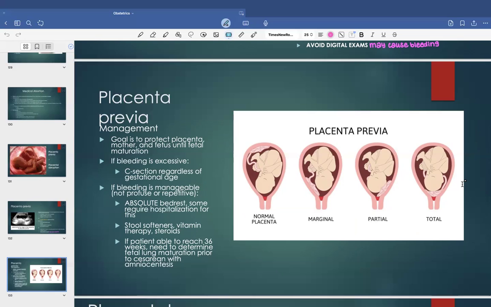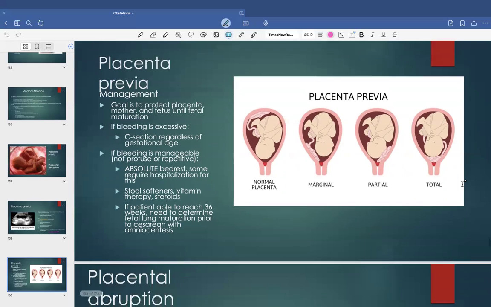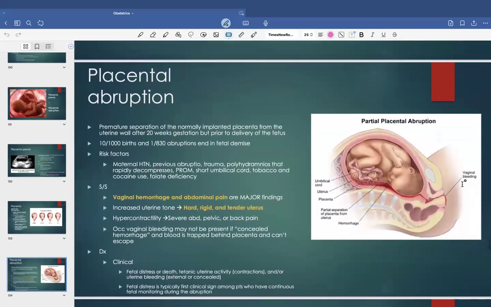Painless, bright red bleeding. Any bleeding after 20 weeks, you need to be concerned about placenta previa. Placental abruption, or abruptio placentae. This is where there's a premature separation of the normally implanted placenta from the uterine wall. So it detaches itself from the uterine wall after 20 weeks, but prior to the delivery of the fetus, because we know that the placenta is going to detach and come out in afterbirth, but we don't want that before the baby is born. This affects about 10 out of 1,000 births,